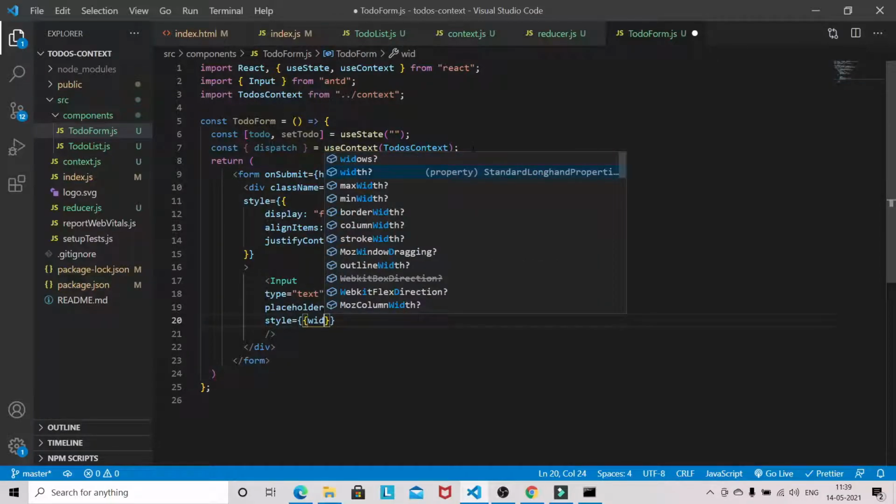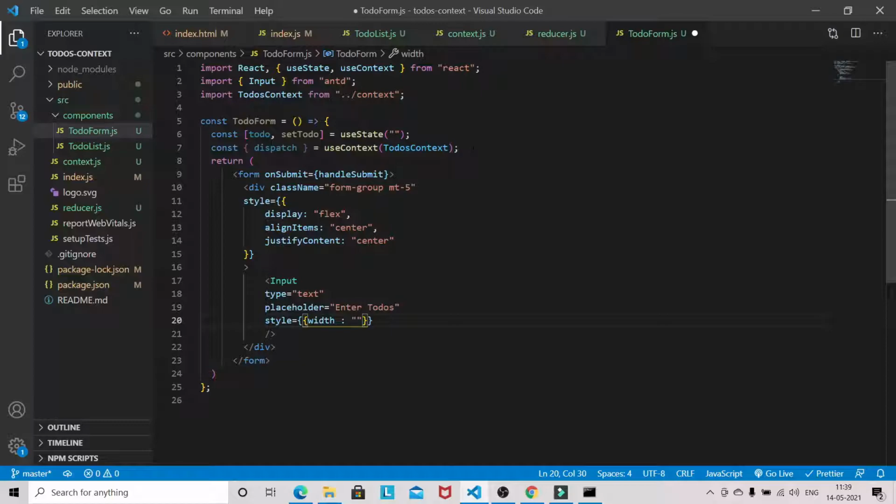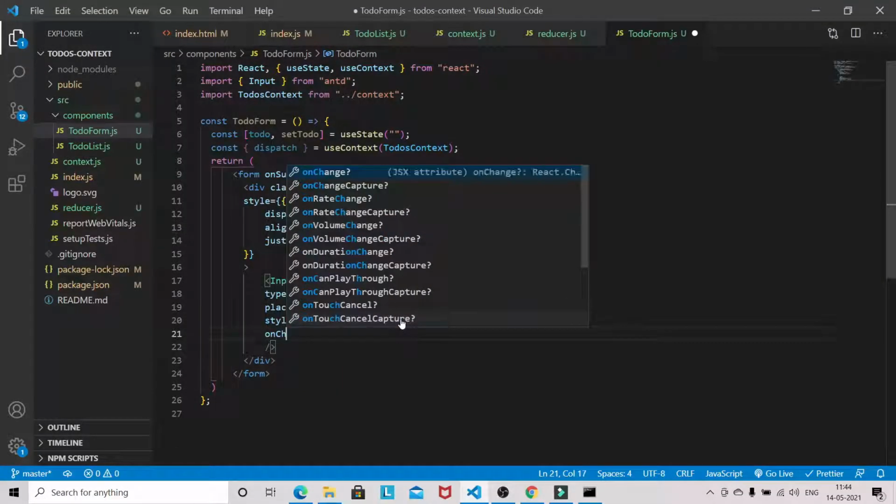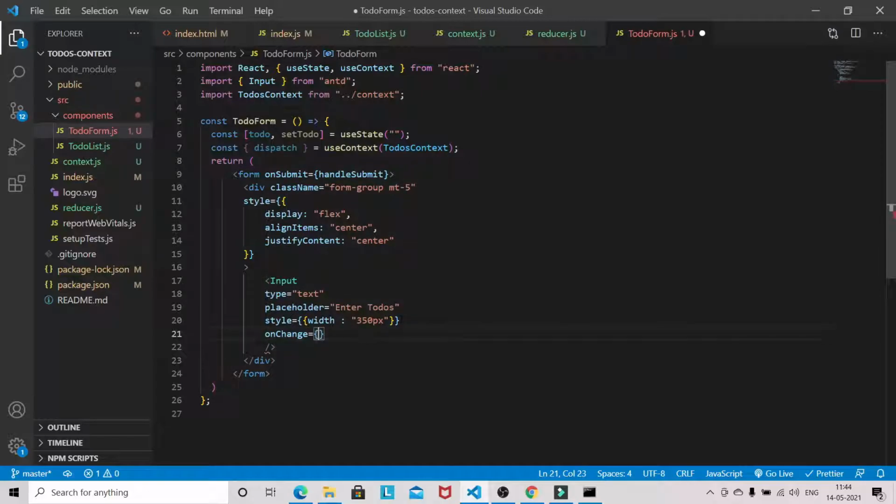So we just need to provide the width 350, and so we will be having onChange on event.